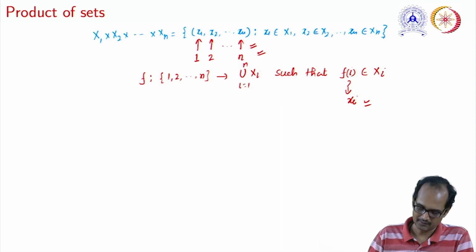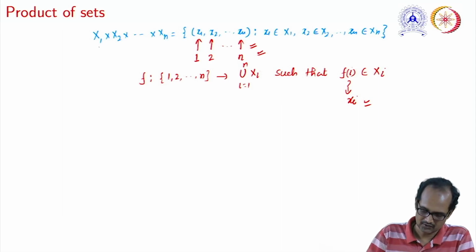So what we can say is that the Cartesian product of these n sets can be given as